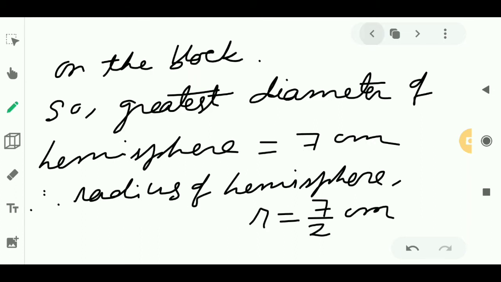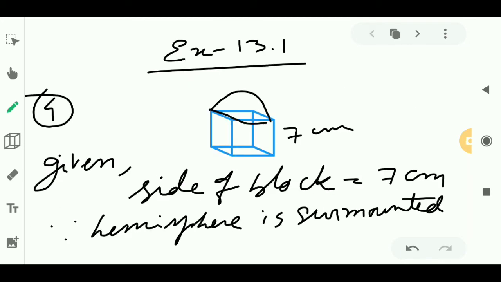Here you look how it is done. This is a cube, so I am taking the whole total surface area of the cube. Then this semicircle part is needed, this part is the curved surface area. But this part is not needed, this part we have to subtract because this one is a circle. So the area of the base of the hemisphere has to be subtracted.